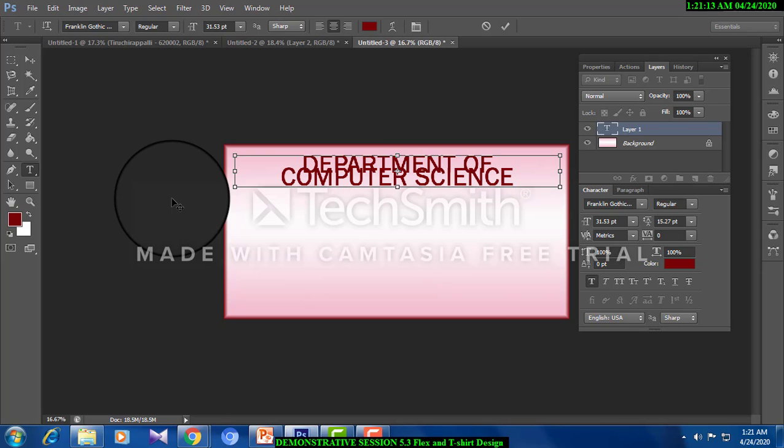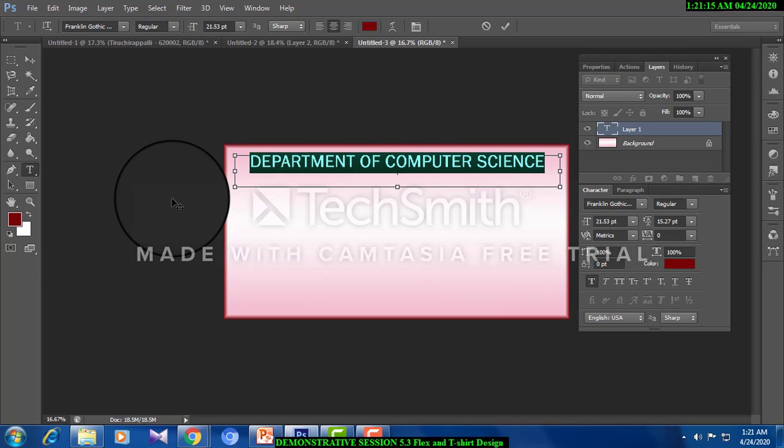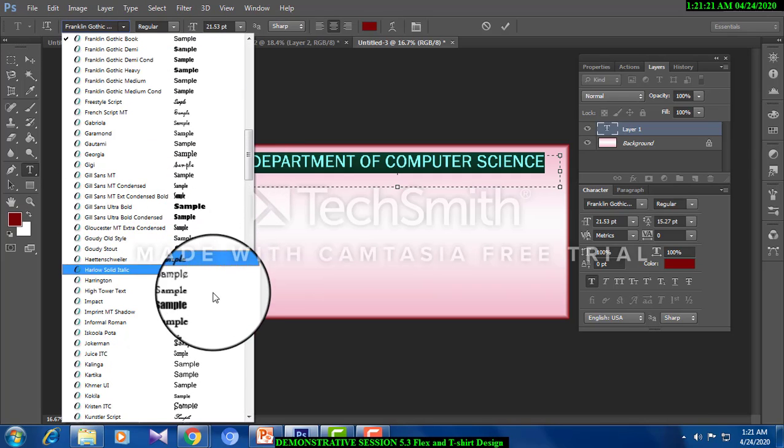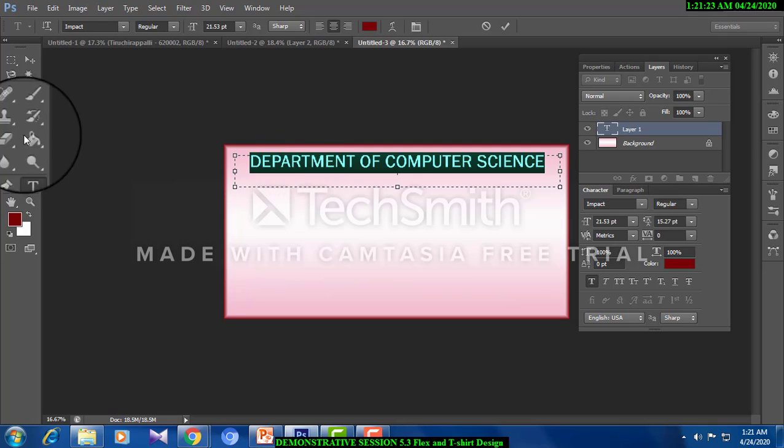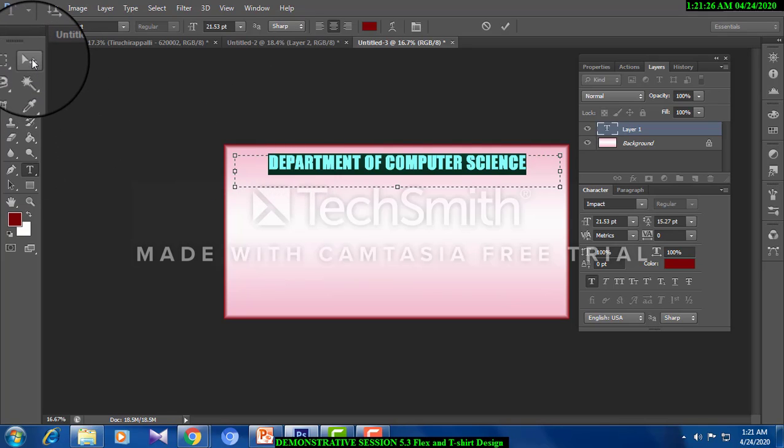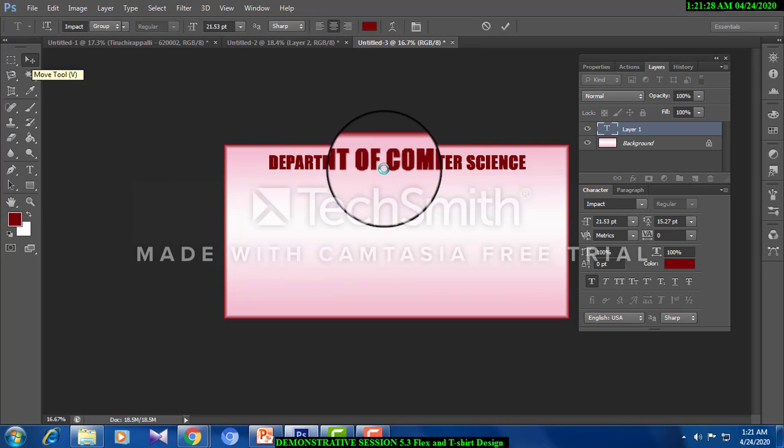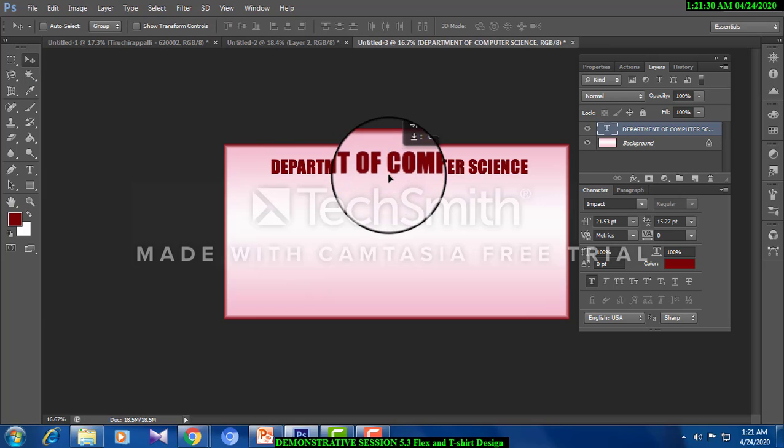I'm making it smaller. Maybe the font that I have chosen, Department of Computer Science.